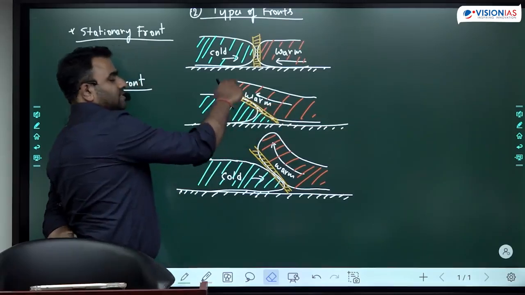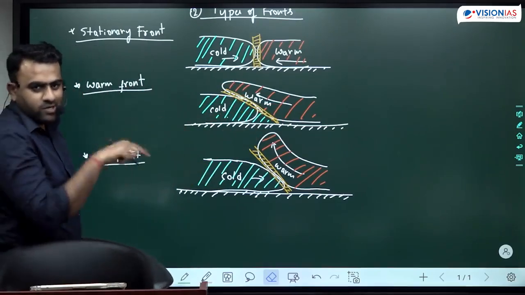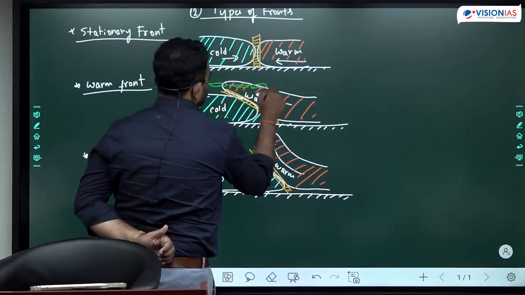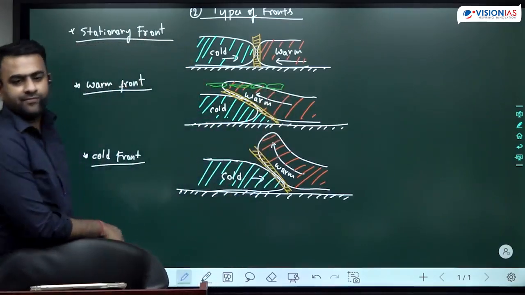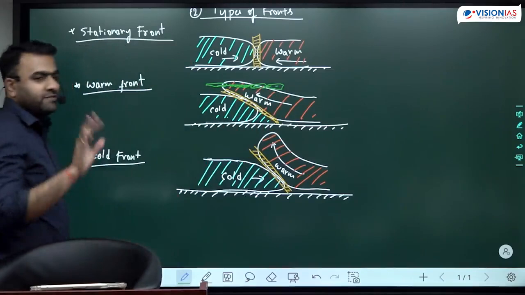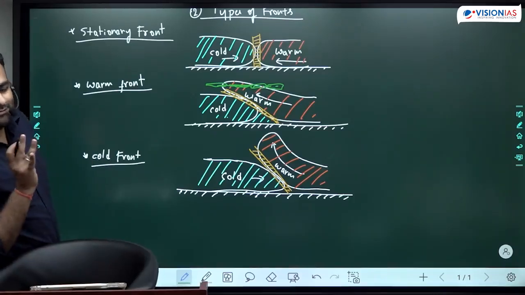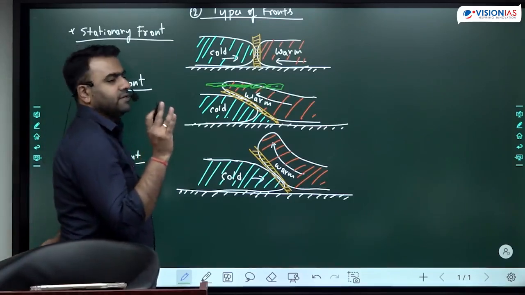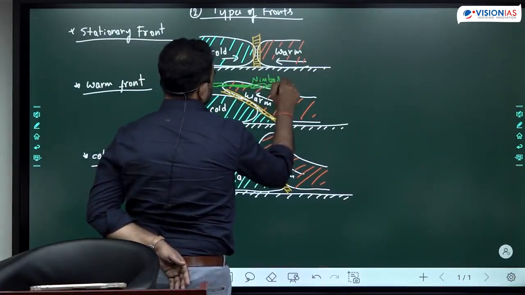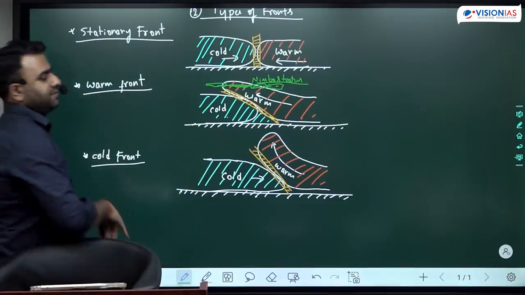Here, the warm air rises gradually above the cold air. Whenever the air rises gradually, it cools down gradually. When it cools down gradually, it results in the formation of clouds which are not very dense. It causes the formation of layered clouds which are filled with moisture. What do we call them as? Layer filled with moisture, layer rain bearing. Nimbostratus clouds. They get dispersed over a large area.